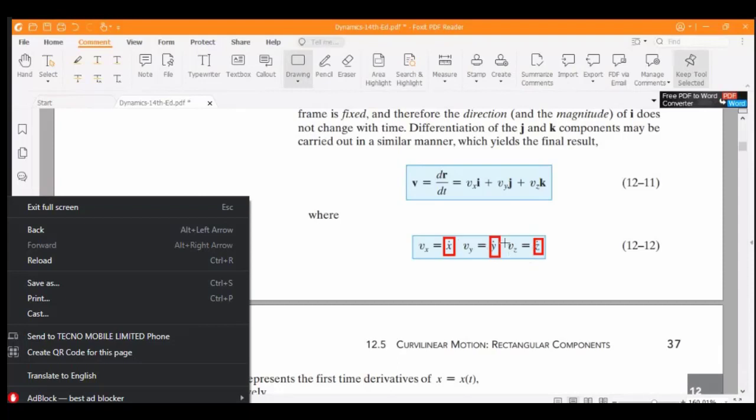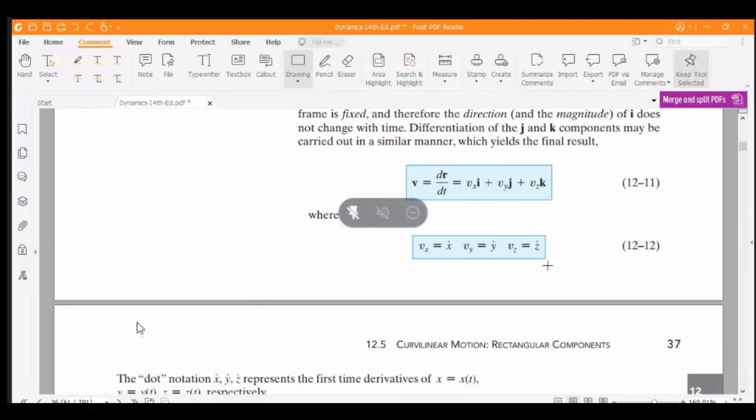What do these dots mean? Do you remember? The dot notation on x, y, and z represents the first derivative of x. Meaning,